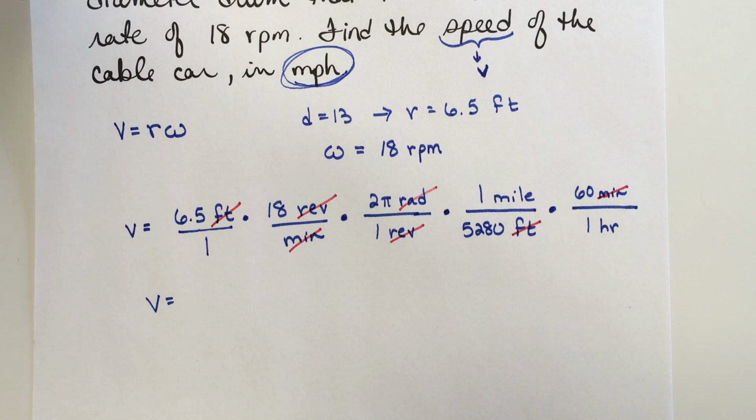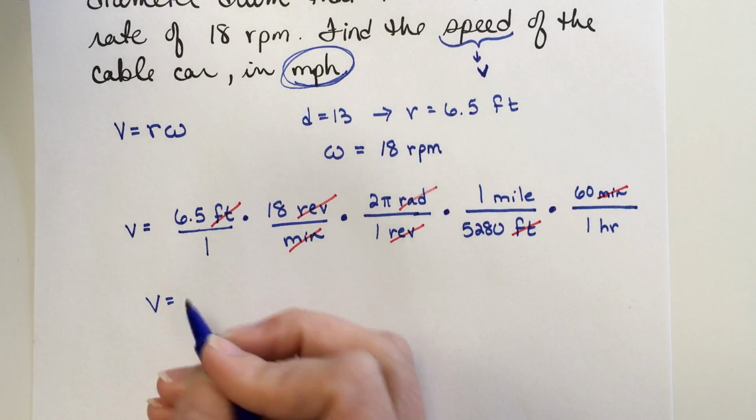All right, so let's multiply what we've got here. So I'm going to have to do 6.5 times the 18 times the 2 pi times 60. And then we need to divide that by 5,280. Okay, so that's going to be about